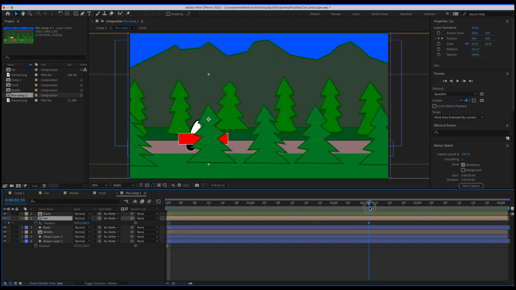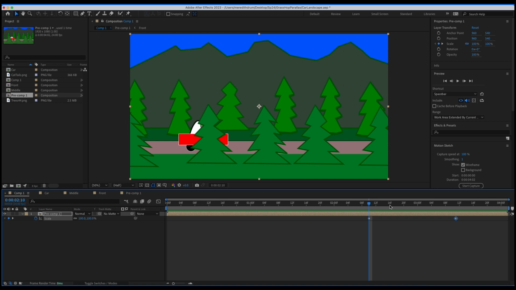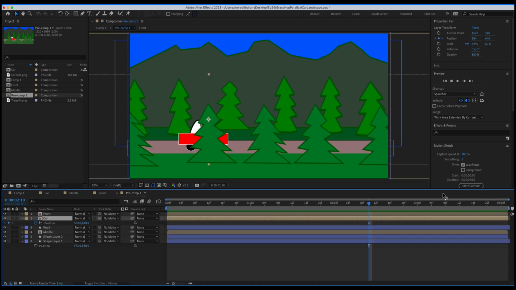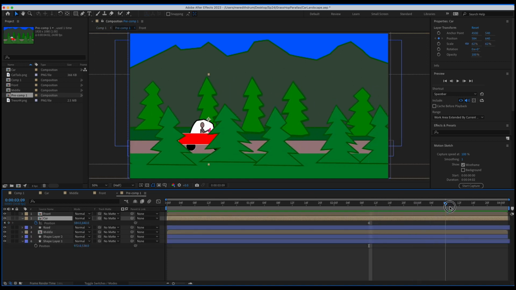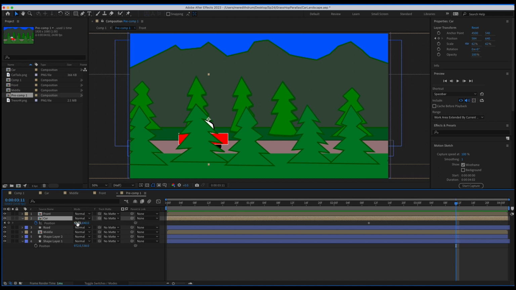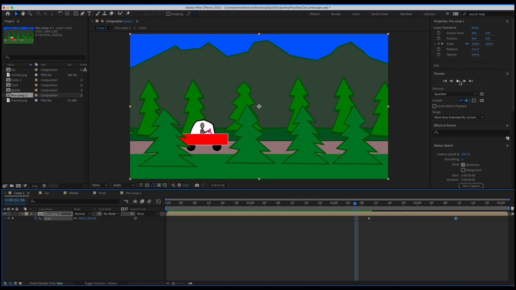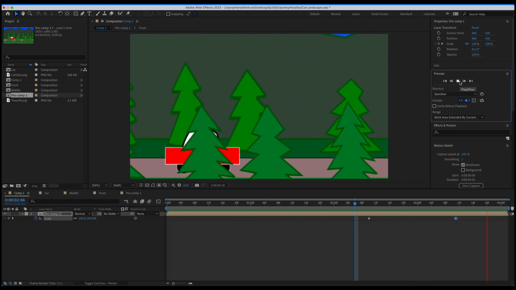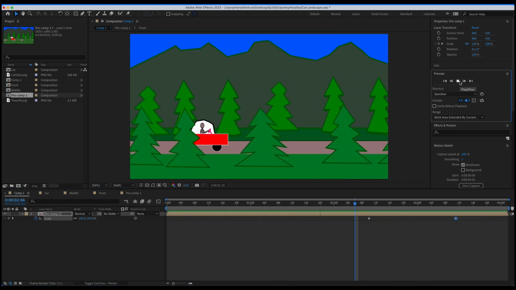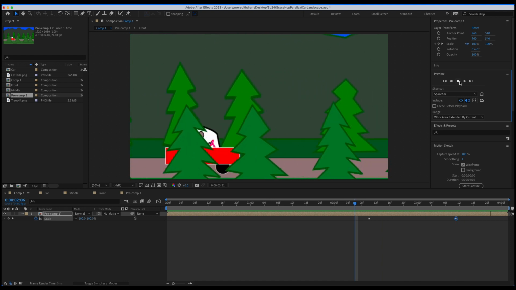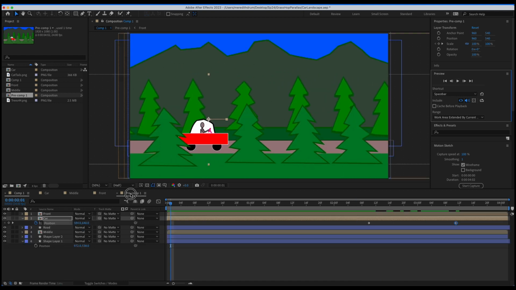So let's go back to the pre-comp. And this is about the position where the camera zooms in. You can check on that if you wish by just going like there. And so then I move forward in time and I just bring this up just a little bit in space to feel like, let's see how that looks. So we'll go back to this. It looks pretty good. You could even have it be more so if you wish.